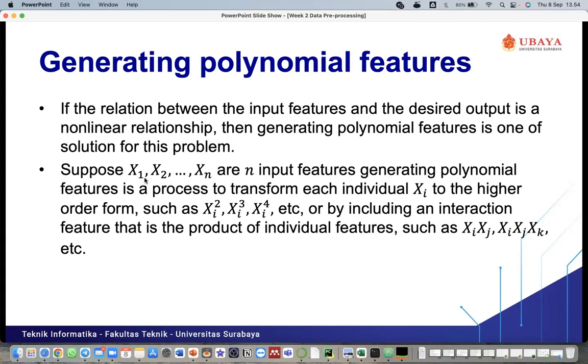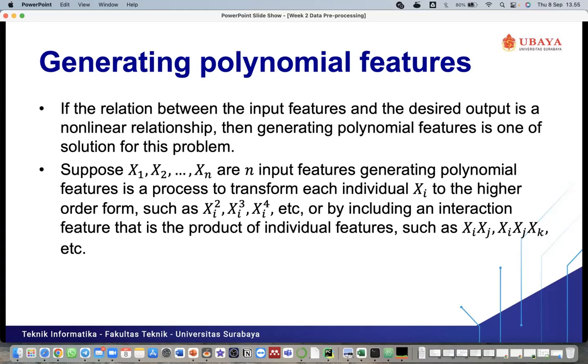Suppose that we have x1, x2, up to xn as input features. Generating polynomial features is a process to transform each individual xi to a higher order form. For example, we only have 3 features, x1, x2, and x3. Then we need to generate other features from our existing 3 features. So it can be from interaction